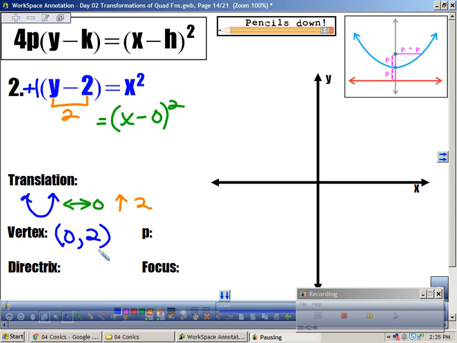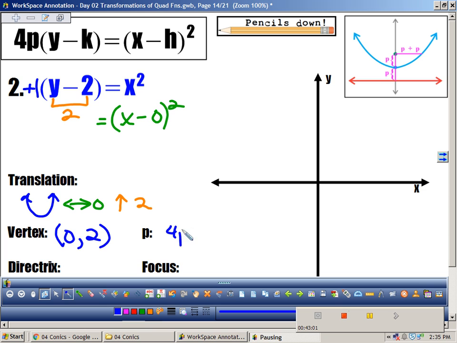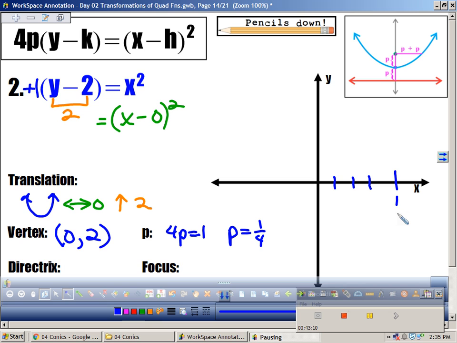But since it's 0, 2, hold on a second. If my LLR is 1, what's P? 0.25, right? If 4P is 1, then 1P must be a fourth. But if I were to count by fourths right now, guys, 1 quarter, 2 quarter, 3 quarter, 4 quarters, do you see that I can't go 0, 2 because it'll be off my graph? So I'm going to count by not quarters, but I would count by halves. Let's make this 2. So half 1, half 2, half 1, half 2,